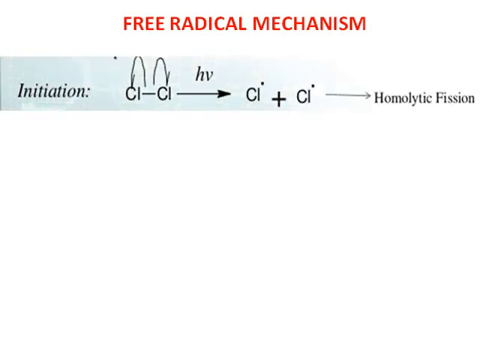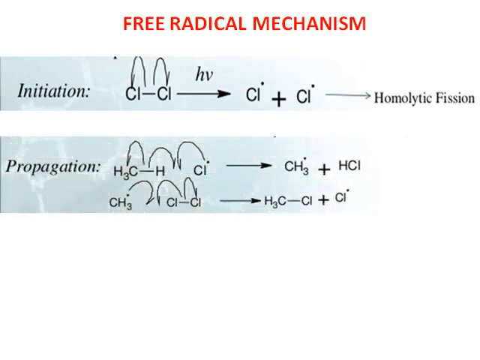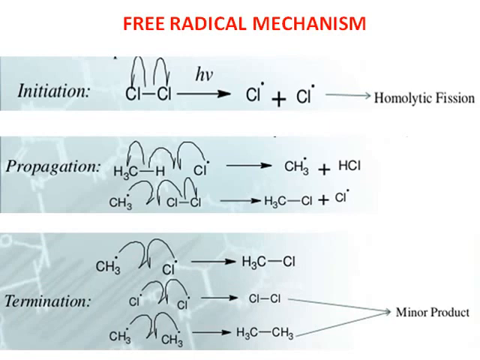Now, from the free radical mechanism we get different types of alkyl halides. Before that we should know the free radical mechanism. Free radicals are those species which contain an unpaired electron, and these are very reactive intermediates which are used in a reaction. Generally here we will take the halogen free radicals, since we are going to prepare the alkyl halides. The free radical mechanism consists of three steps: the initiation step, the propagation step and the termination step.